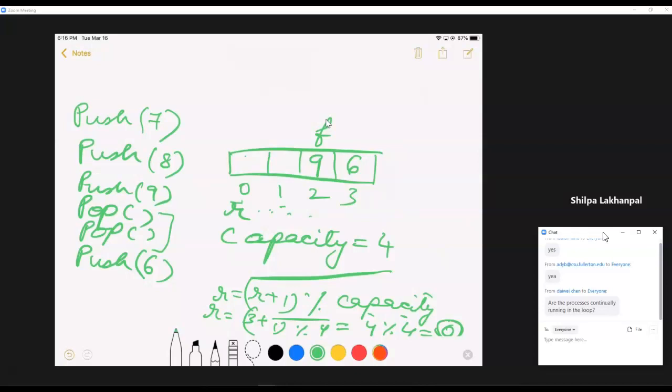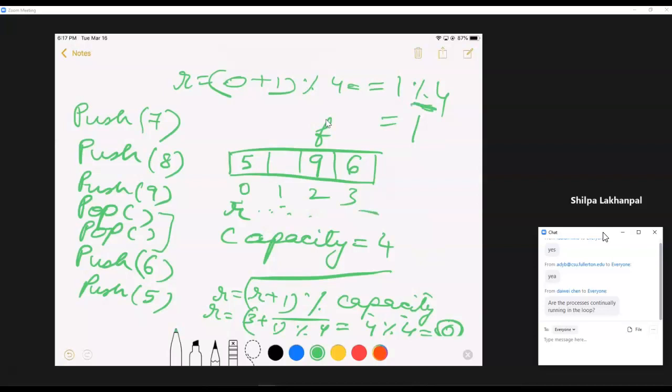So for example, if we have push 5 here, you will put 5, and then you will do R is equal to R plus 1, which is 0 plus 1 mod 4, which is 1 mod 4. 1 mod 4 is just 1, because 1 divided by 4 is 0 and the remainder is 1. So it's similar to R is equal to R plus 1. The mod 4 only has the effect at this particular point, the last index.